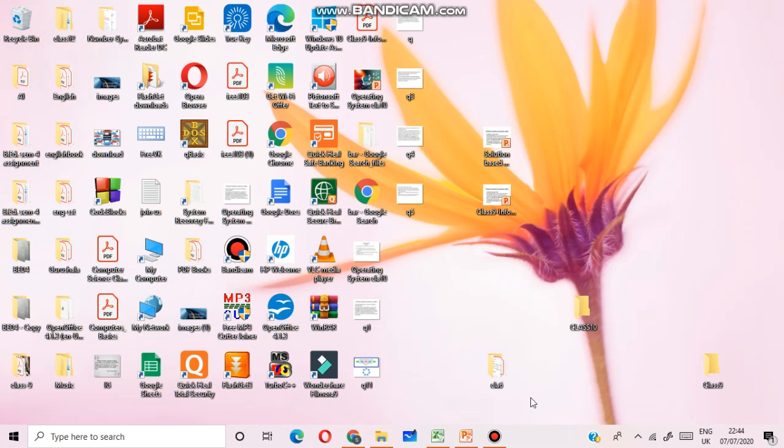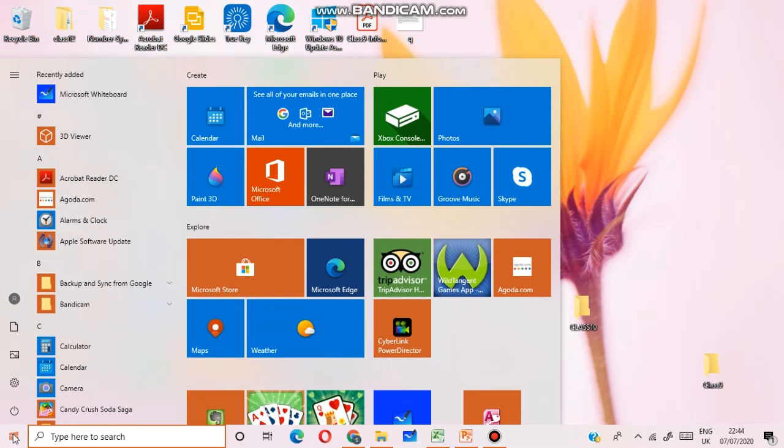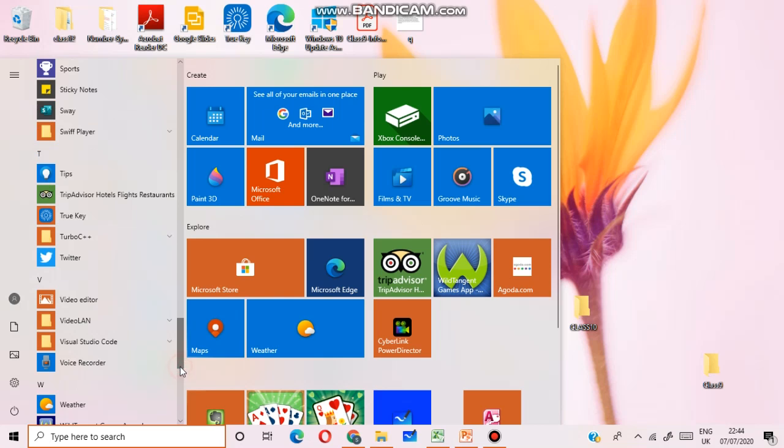Now we will see managing files and folders. First, what will you do? You will click on the Start button. This is your Start button. Click All Programs. Because this is Windows 7, you won't be able to see all programs, but here you can see different programs.